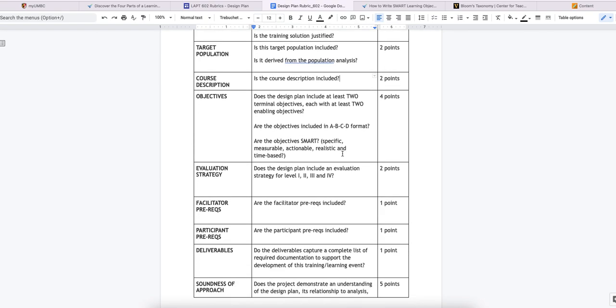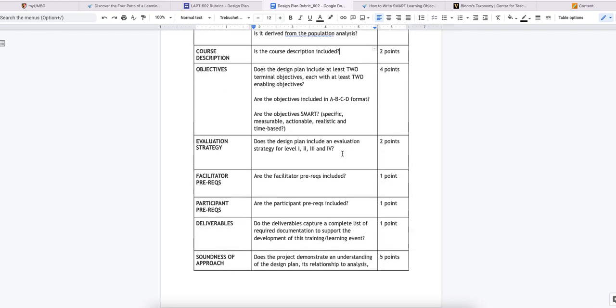We talked about objectives. Your evaluation strategies were very good. Couple points of common feedback in an evaluation strategy, and I had no expectation that these be perfect, right? This is your first time ever doing this, and we will do it again in 603 with more rigor. But for here, just the understanding that level one happens during or immediately at the end of an event, and you're just gauging for reaction. Did folks like this course? Did they like it? Did they not like it?